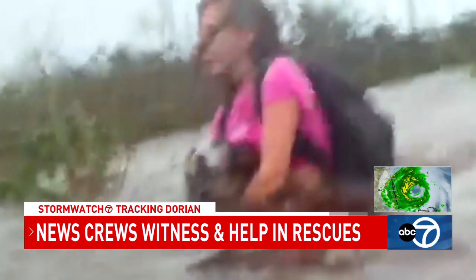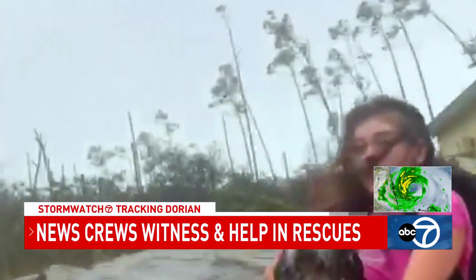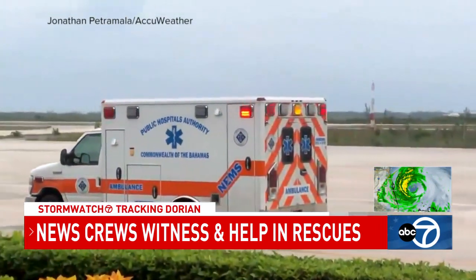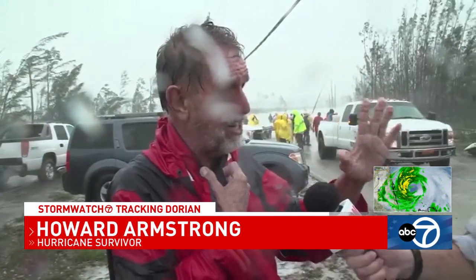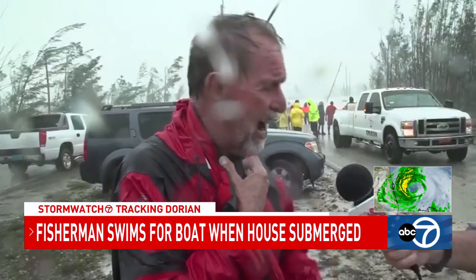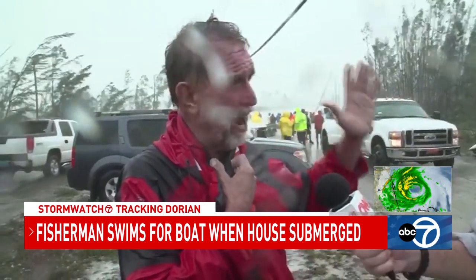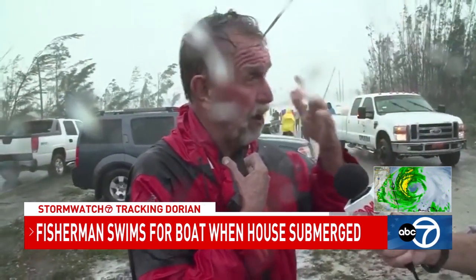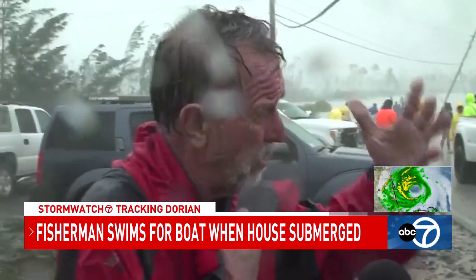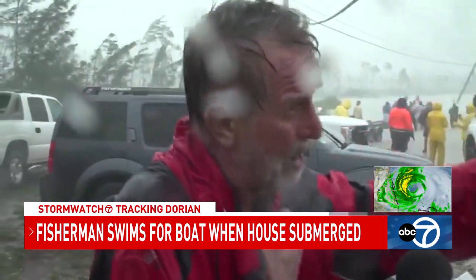One fisherman on the island described the only option that he had left after his wife drowned in their house. And he was on the verge of going under himself in his own home. It came over the roof. I would imagine 21 feet at least. We were doing all right until the water kept coming up and all the appliances were going around the house like a washing machine. That's probably when I got hit with something in there. And I had no tools to chop a hole in the roof, in the ceiling. So I swam. I saw my boat was still there and I swam. I took a chance and